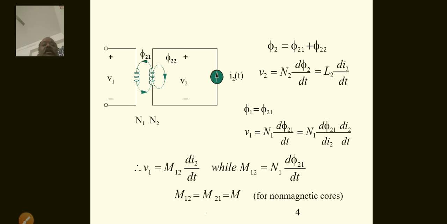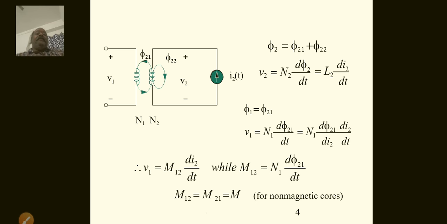Now you will take here similarly, so already I told, if you are applying a current in the second coil which flows through the coil 2, it influences the induced EMF in coil 1. So therefore V1 is N1 d phi 21 by dt, which is equal to L2 di2 by dt, and you may take phi 1 is equal to phi 21, right. Previously phi 2 is equal to phi 12.